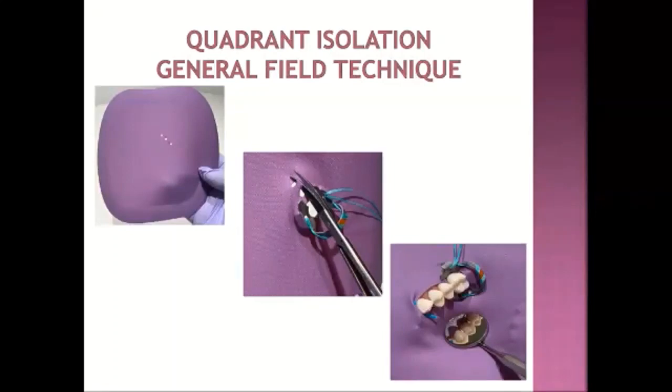The dam is stretched anteriorly to include all the teeth to be isolated, and a Wedjet cord is placed to secure the dam in place. The dam is then stretched off of the